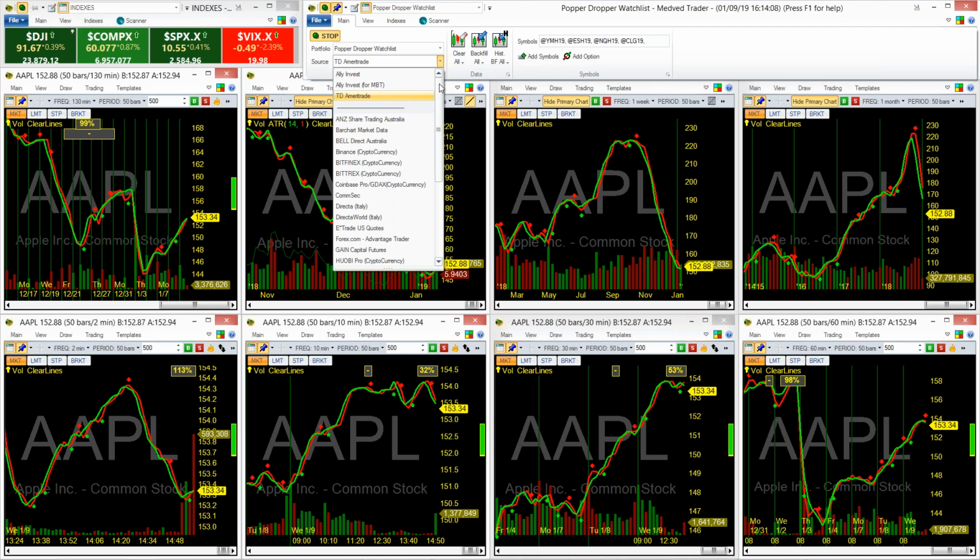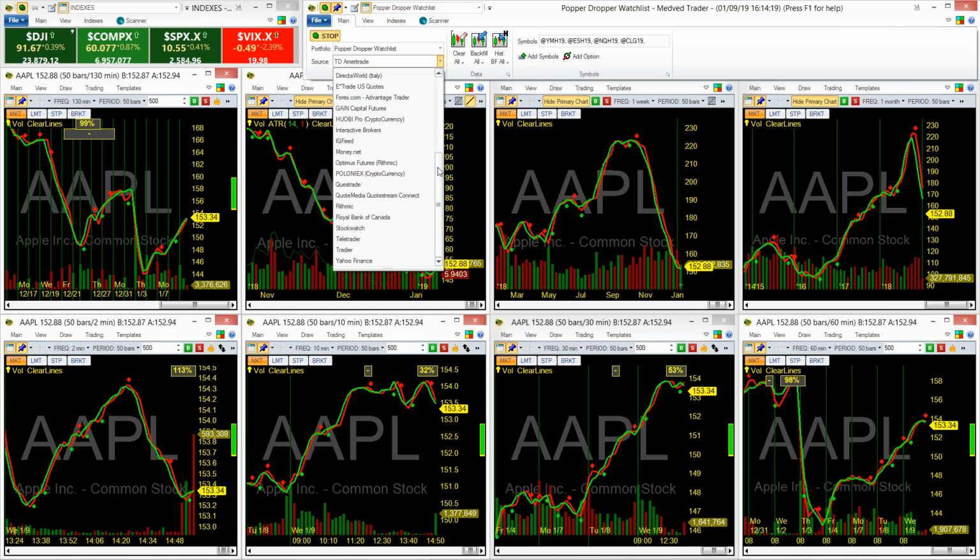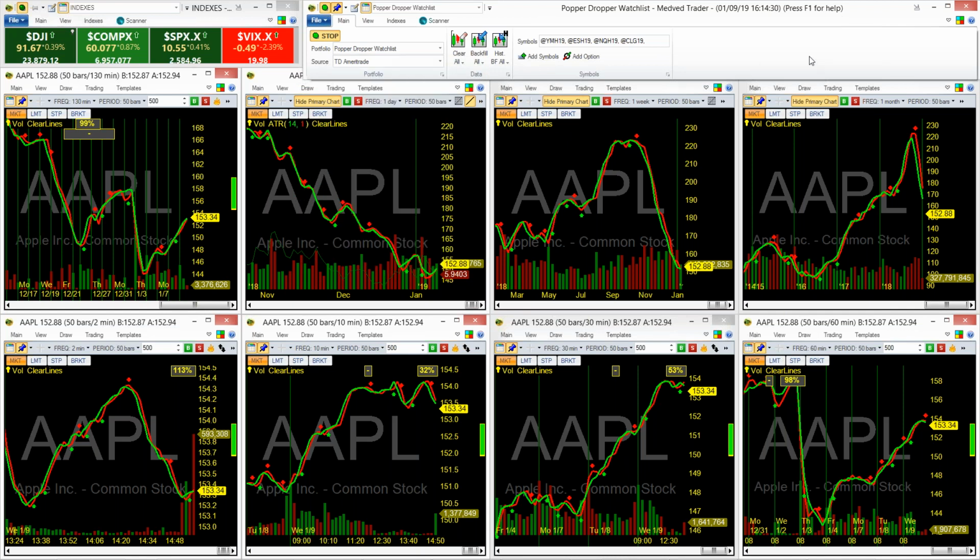If you have an account with one of the integrated brokers besides Ally, which would be E-Trade, Ameritrade, Interactive Brokers, if you're from Canada, Questrade, or Rhythmic, or Tradier, one of these other listed brokers, then